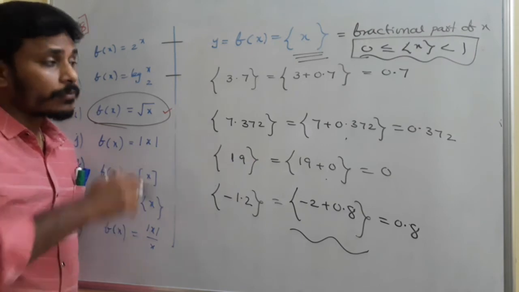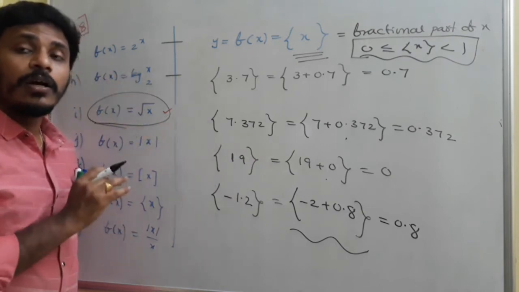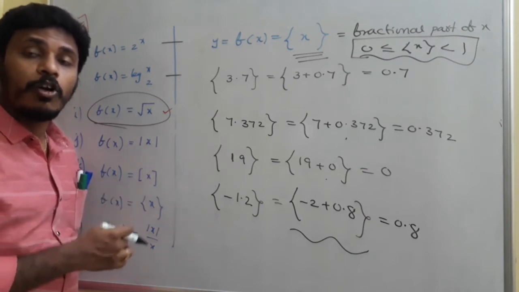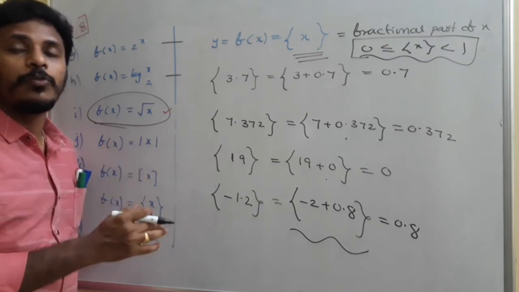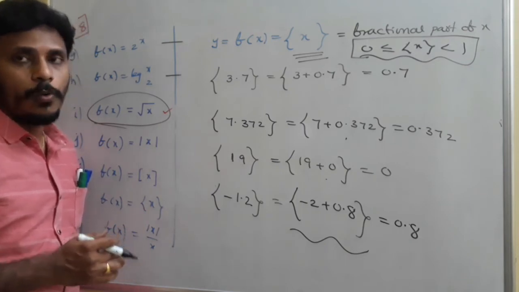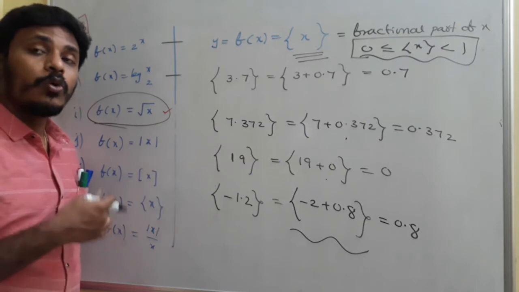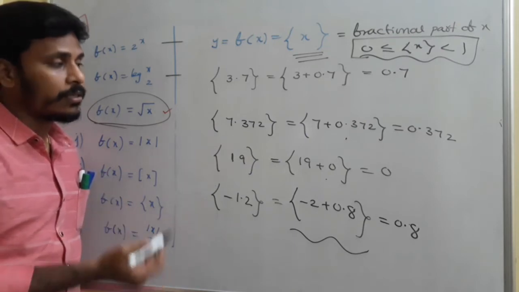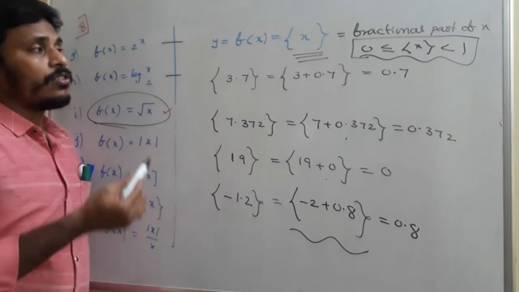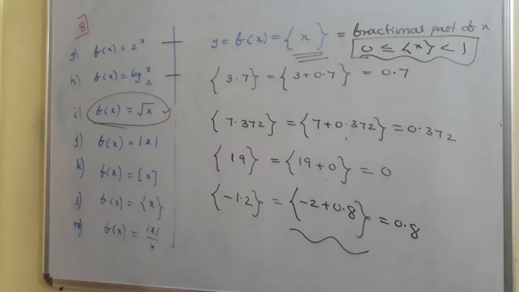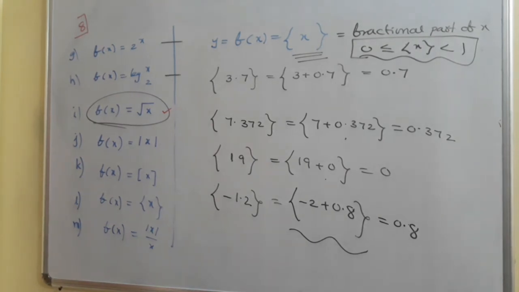Okay? Right. So with this complete idea, one thing is very clear: the outputs for the fractional part of x are always in between 0 and 1. And that's why here the range is in between 0 and 1, whereas for the domain you can take any real number in the place of x. So the domain is all the real numbers, whereas the range is just in between 0 and 1. Just have a look, and then we are going to sketch the graph for the fractional part of x.